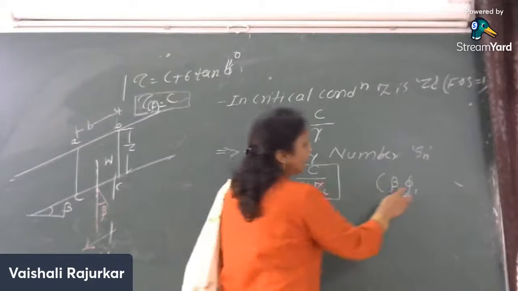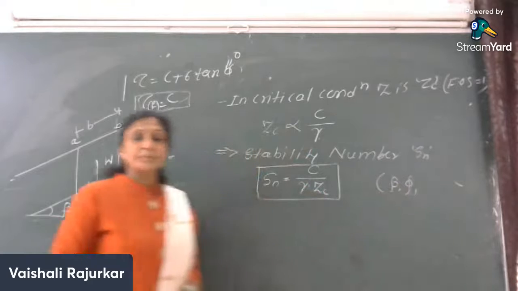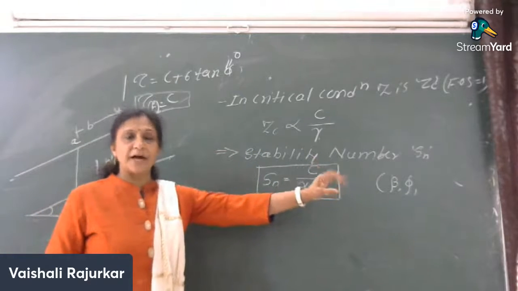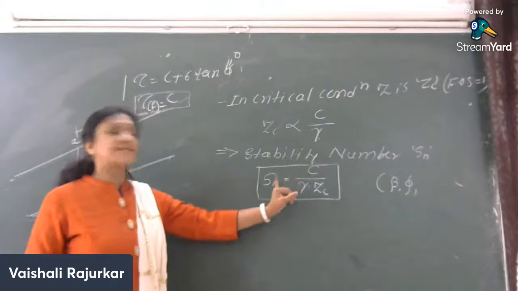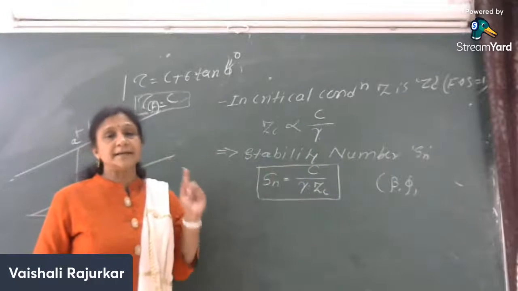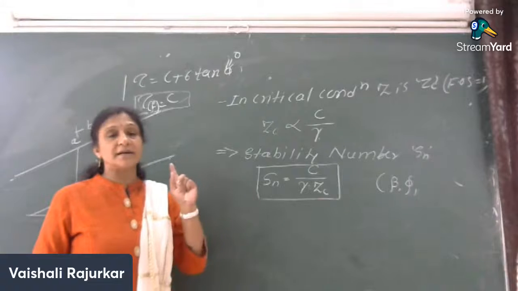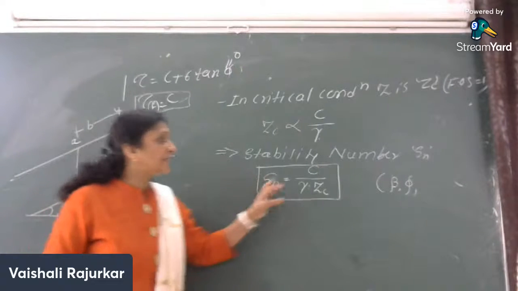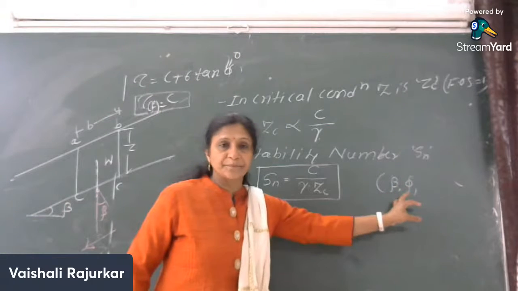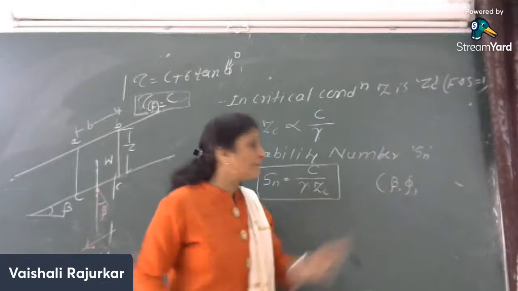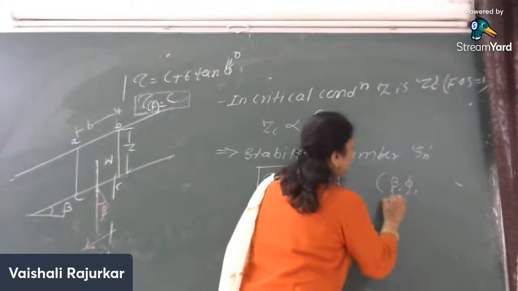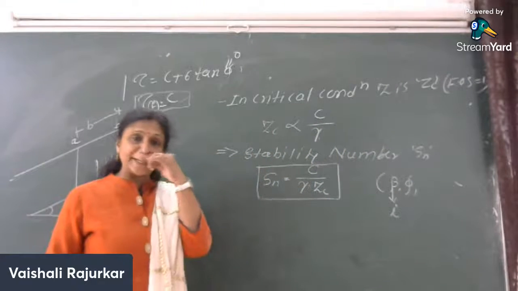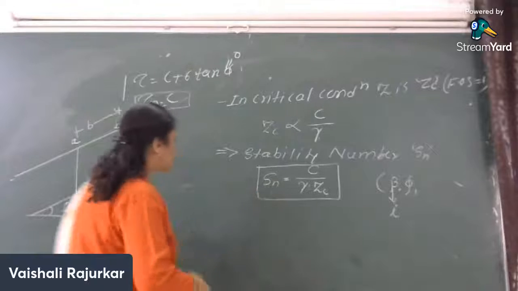This I, and thus beta and phi, are the functions. Sn is the function of beta and phi, which is particularly obtained from the Taylor stability chart or the Taylor stability table, where the different values of Sn are given for beta and phi. Beta is the angle of inclination. Sometimes instead of beta, it may be denoted as I. That I is the angle of inclination of the soil. So this Sn is obtained